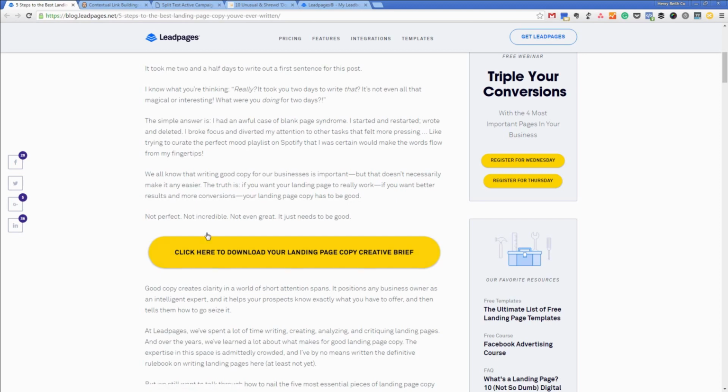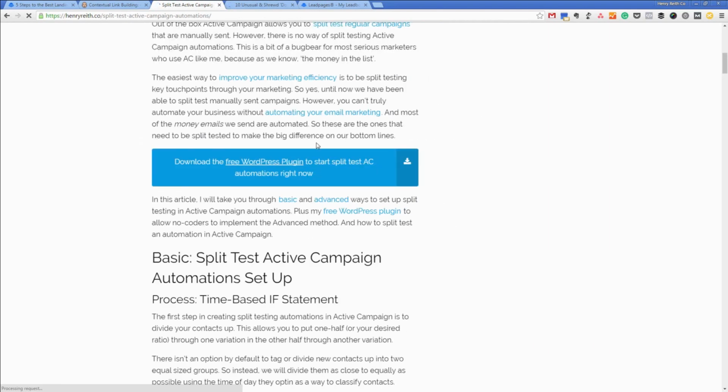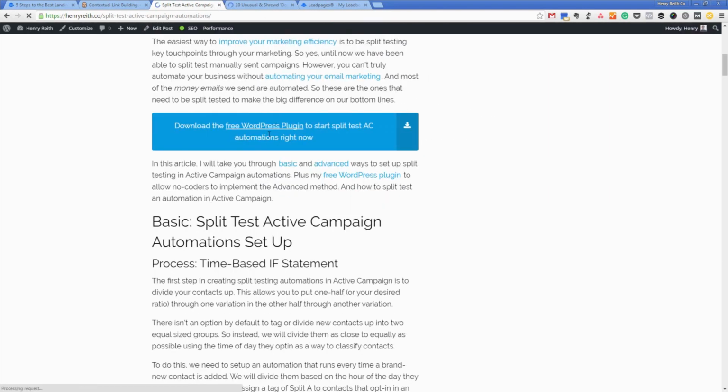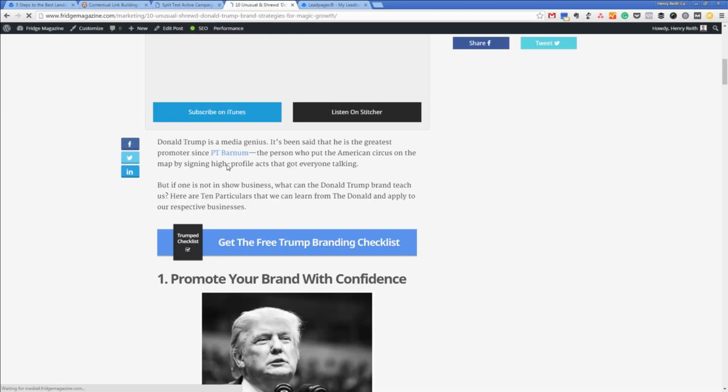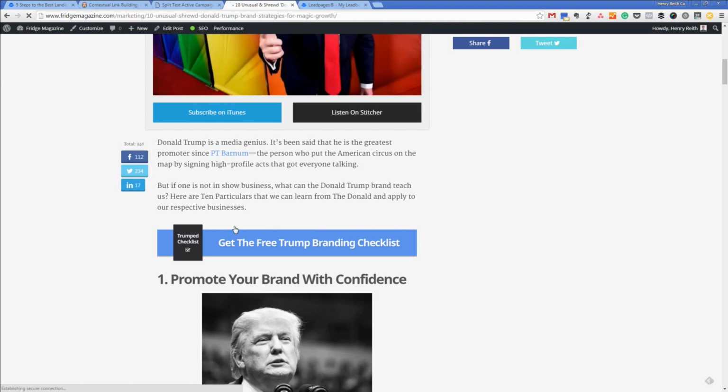So Leadpages uses them. Neil Patel uses them. I use them. Obviously, I created the plugin, so I use them like this on my personal website. Over at Fridge, we use them. Calls to action with an image here, and really they're just an awesome way to give value, grow your list,